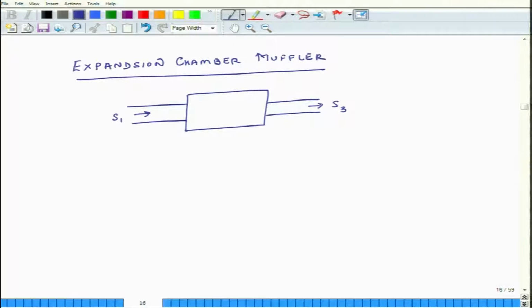it is going out from the S3 side, and the cross sectional area in the intermediate portion is S2, and the length of the intermediate portion or the expansion chamber is L. So, this is what I imply by expansion chamber. This is what the expansion chamber is. So, this is a single chamber design,